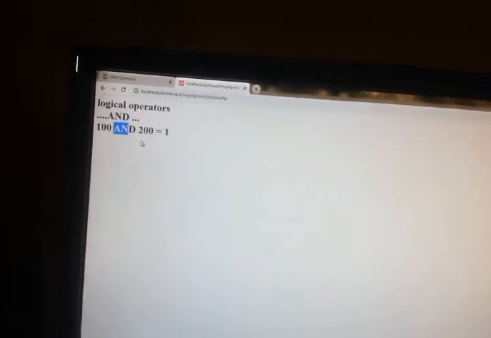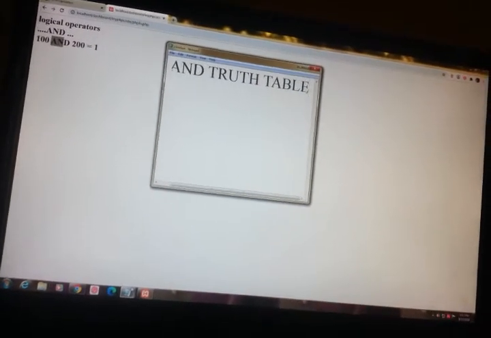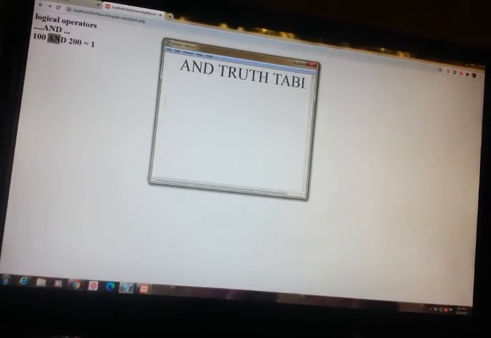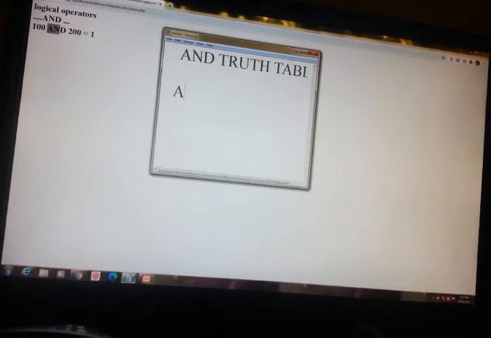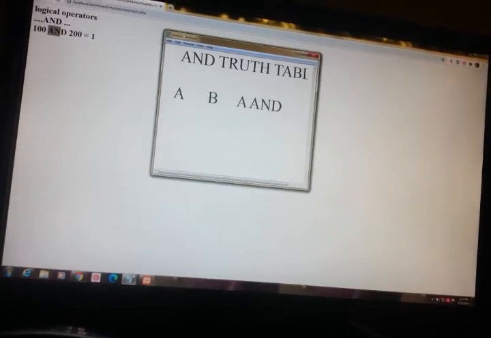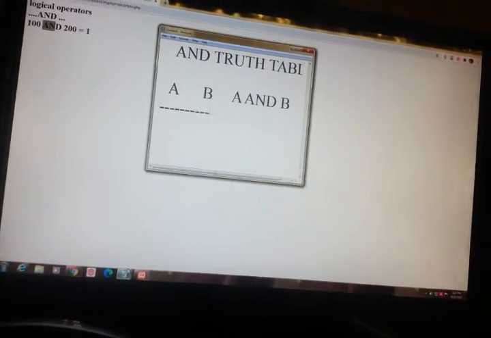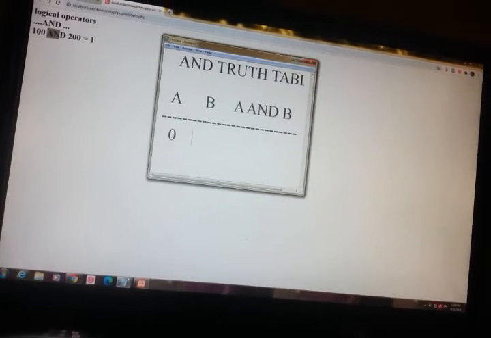So I will show you the truth table of AND. Here we write A, B, A and B. Here 0, 0.